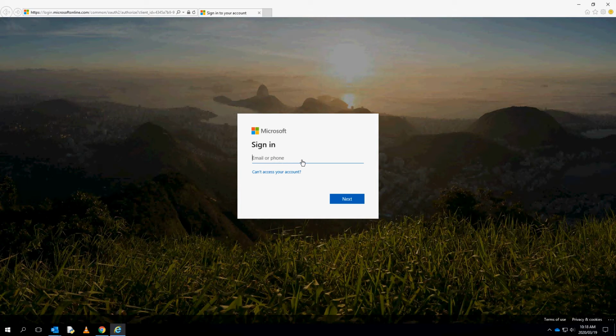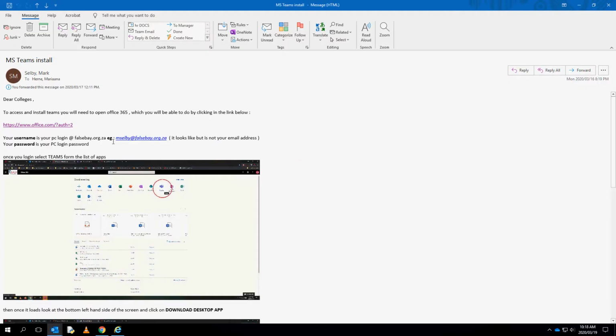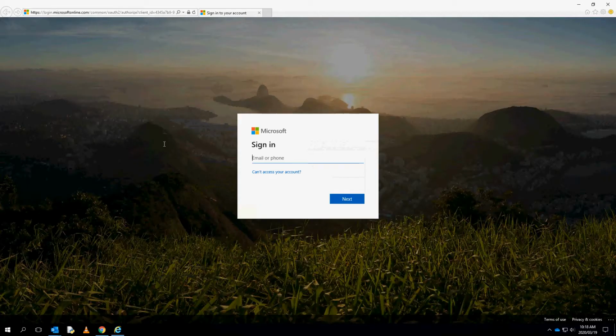Now the sign in is, if you check the email, it is your PC login. So it's not name.surname, it's your initial surname, but you add the email domain to it. So in English that means it's your normal PC login. So for me, MSELBY, but you just add at falsebay.org.za